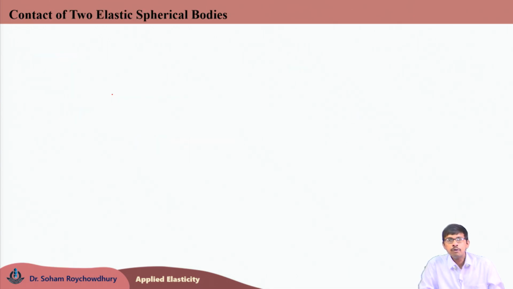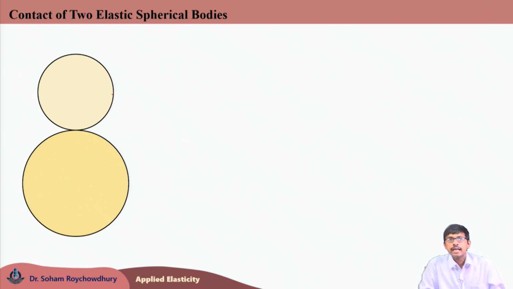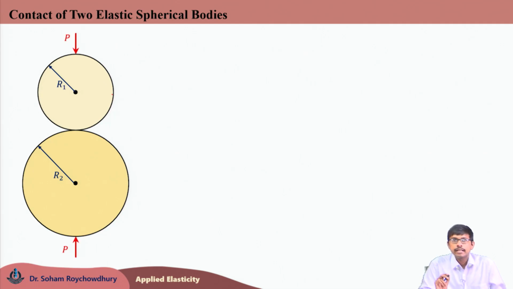Now, based on this theory, we are going to check the exact equation for the contact patch, the mutual approach distance delta and contact pressure intensity between the contact of two elastic spheres. So, the last one was a general one. It is valid for spherical or any other non-spherical, a general profile. Now, we are specifically focusing on the contact between two spherical bodies. So, two elastic spheres are considered with radius r1 and r2, which are pressed against each other in the normal direction by applying this compressive load P, where this point O is the point of contact.